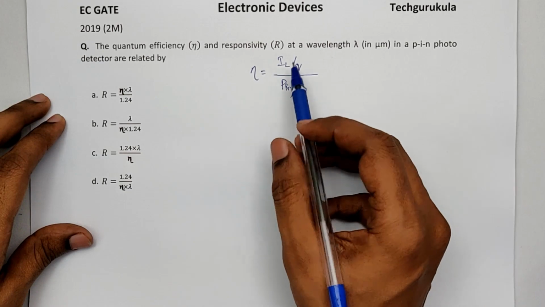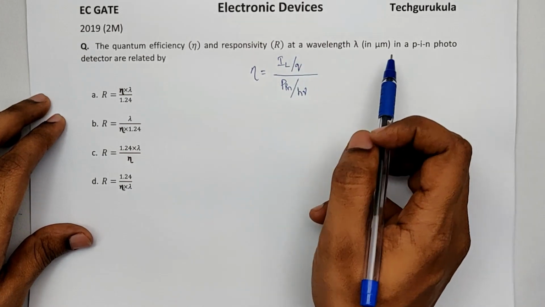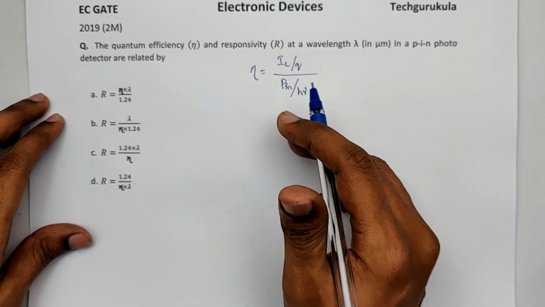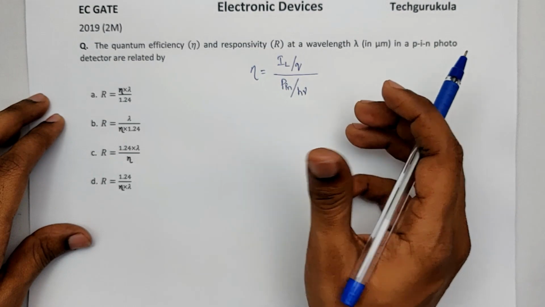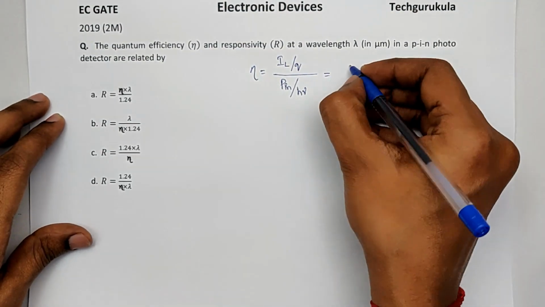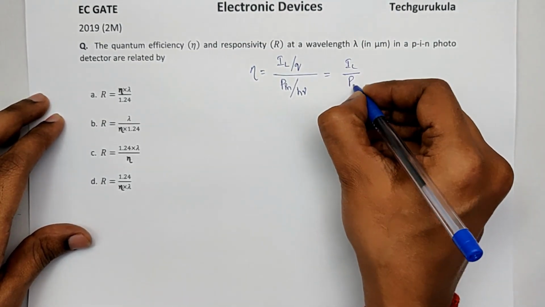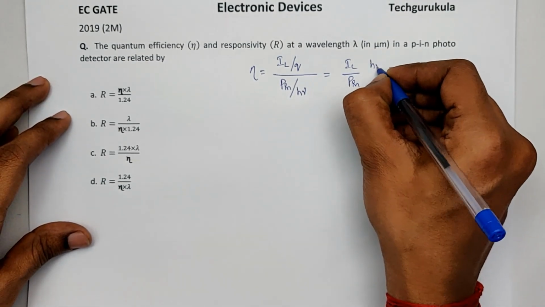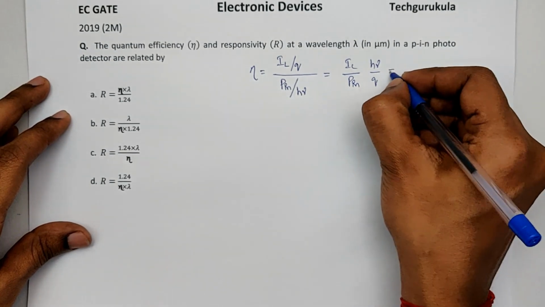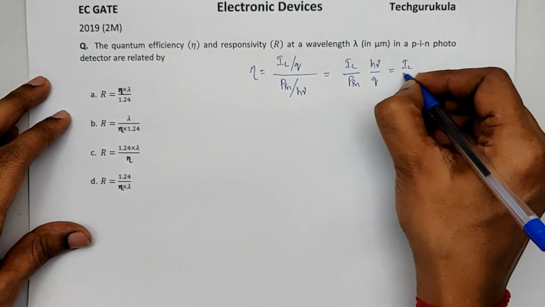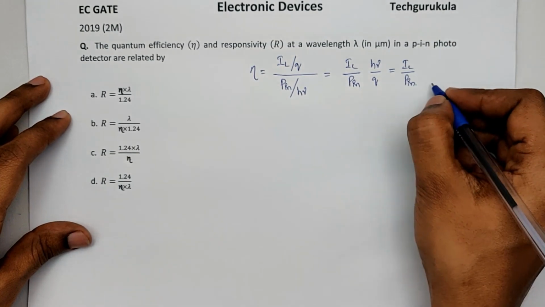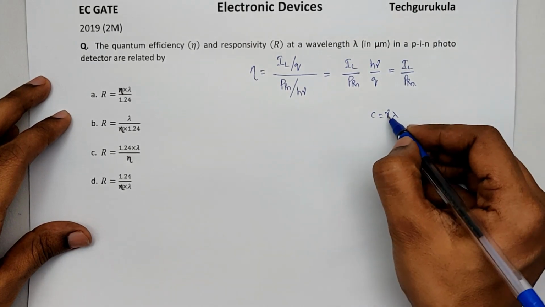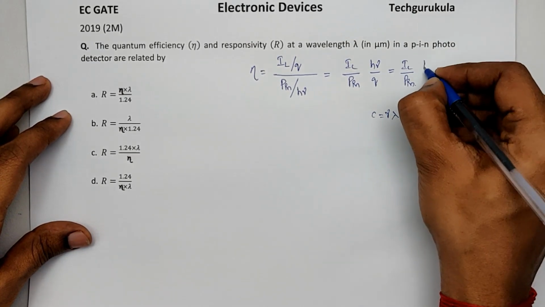So if every photon results in a carrier collected at the pin photo detector, it would become efficiency of 100, which means every photon has resulted in carriers collected. So we can write this equal to IL over the incident light power times h nu over Q. We can write this again as IL over Pn times, we know C is equal to nu lambda. Let me put this here, nu lambda. So I'll substitute for nu here, which is h